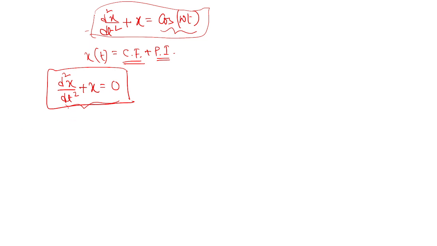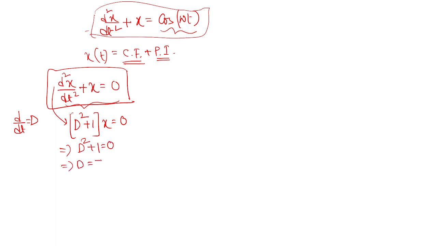So how can we solve this type of differential equation? This d by dt we call capital D. So this equation can be written as D square plus 1 into x equal to 0. So D square plus 1 equal to 0, so D is plus or minus i. If D has two solutions, in general m1 and m2,